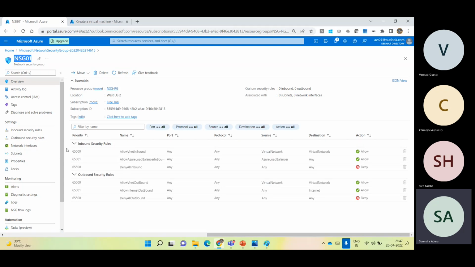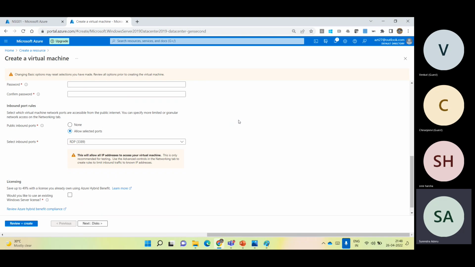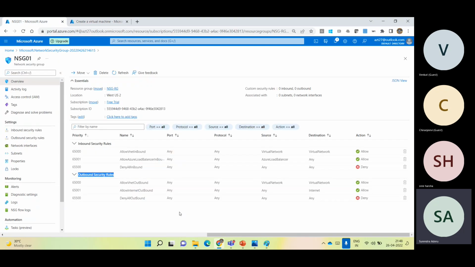What are the default rules here? You can see inbound security rules and outbound security rules. We're also yet to discuss the inbound port rules in the basic tab. We'll talk about what ports mean,